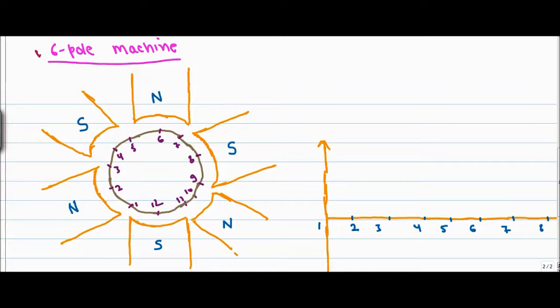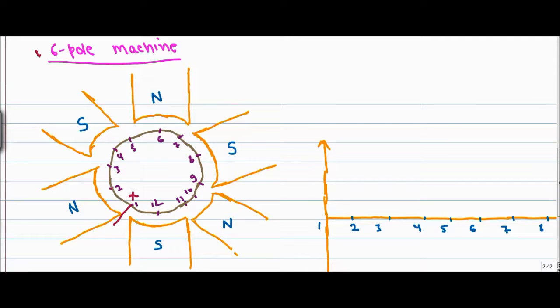We have seen that this is the starting point, having a conductor X. The conductor X is moving in this section, where there are 12 points: point 1, 2, 3, 4, 5, 6, 7 up to 12. We know that points 2 and 4 have a maximum induced EMF. Similarly, at points 1, 3 and 5 there is 0 induced EMF. Points 6 and 8 have a maximum induced EMF with opposite polarity. Similarly, at 7 and 9 there is 0 induced EMF. Points 10 and 12 have a maximum induced EMF, and 11 and 1 have 0 induced EMF.